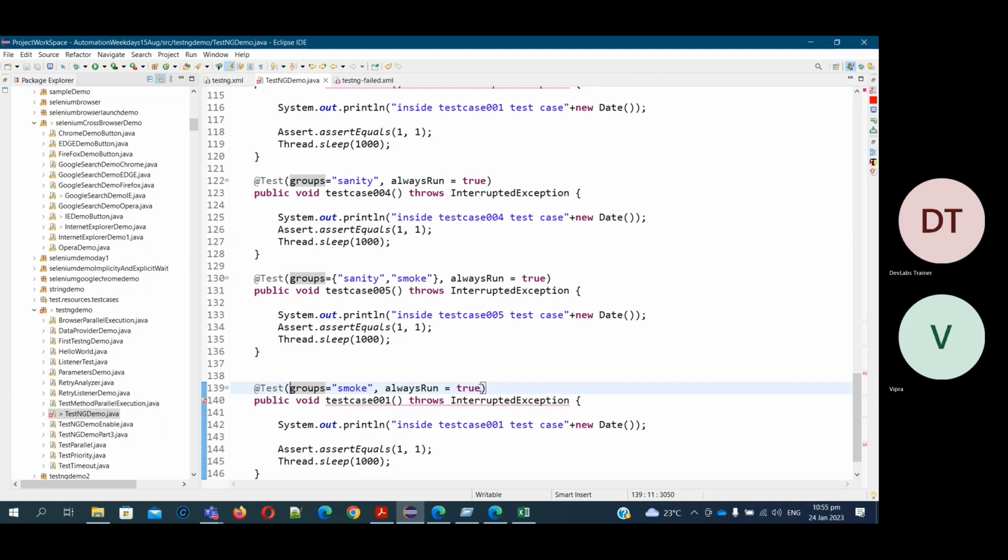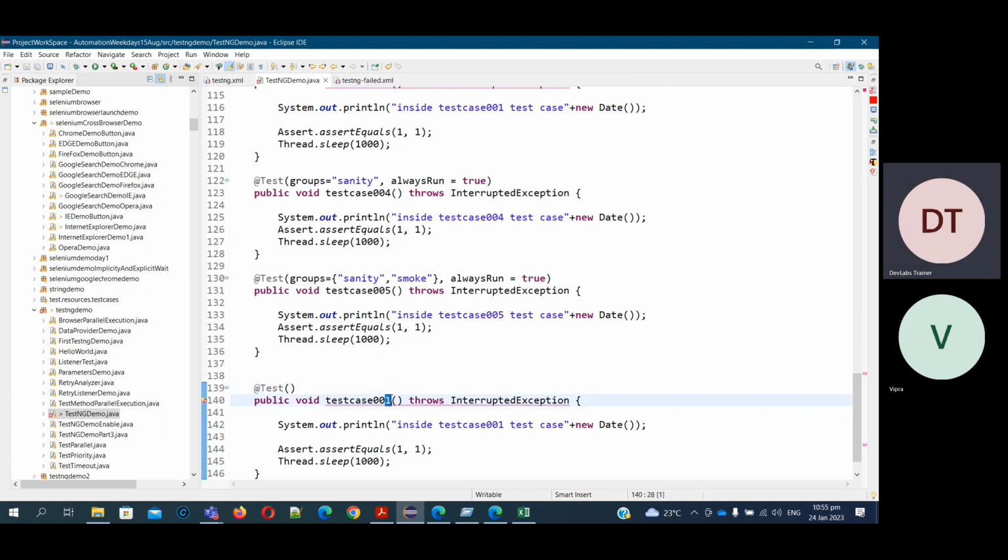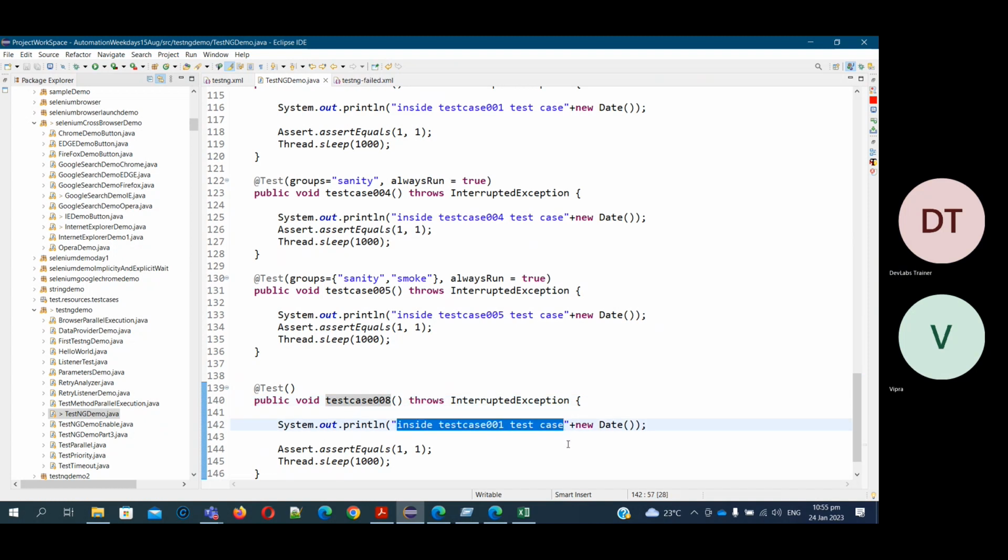I will not put these things. I'm just putting test case number 8, and after demo